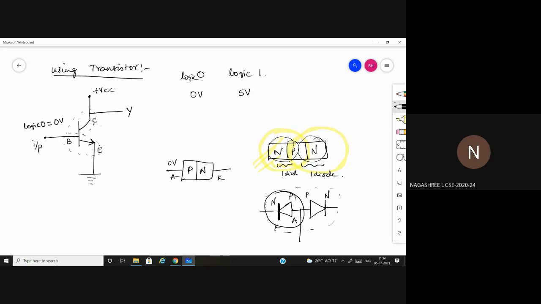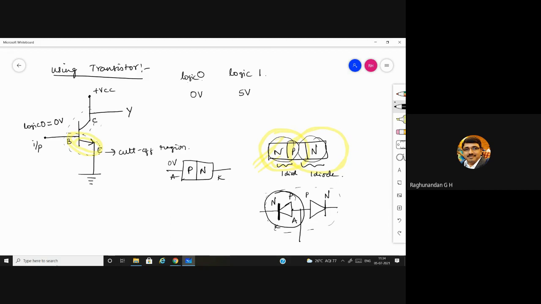Reverse bias. It will get reverse biased. Correct. When it is reverse biased, during that time, the transistor will be in cutoff region. We call that state as cutoff region.